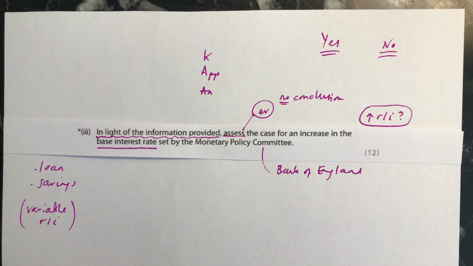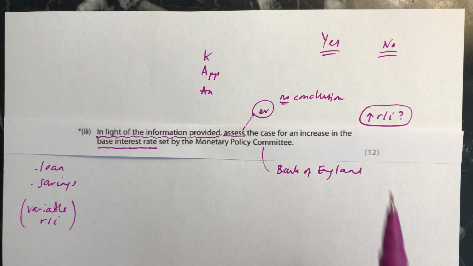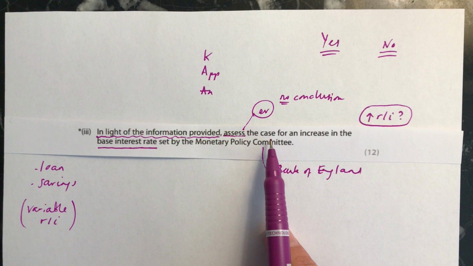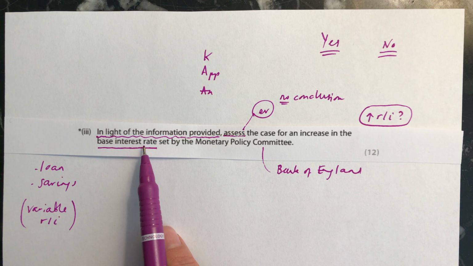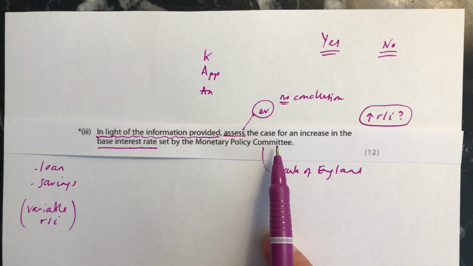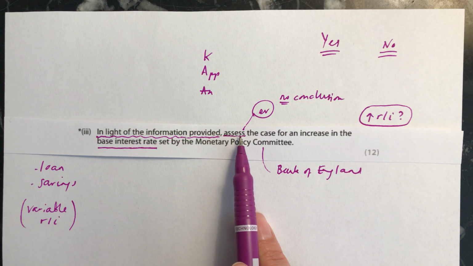This is the first video looking at this data response question, which is for 12 marks, and it says, in light of the information provided, assess the case for an increase in the base interest rate set by the Monetary Policy Committee. First thing to do is to see what kind of question it is, and the question word is